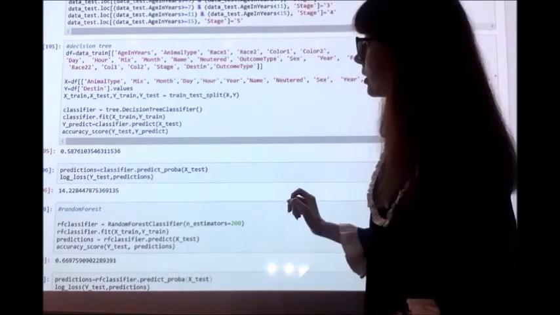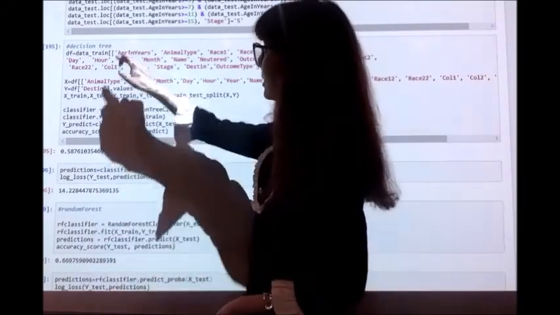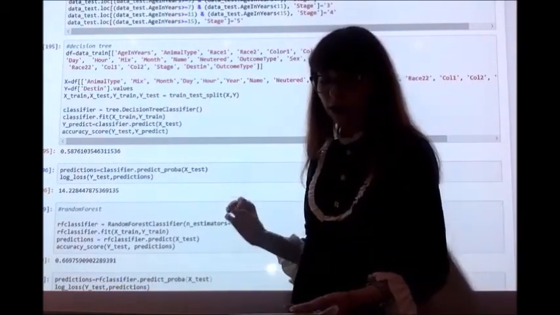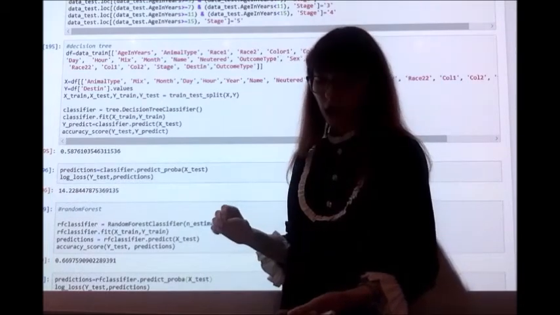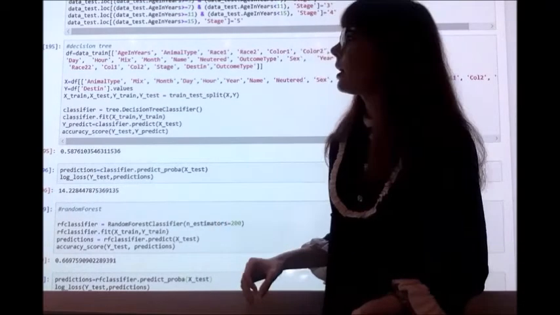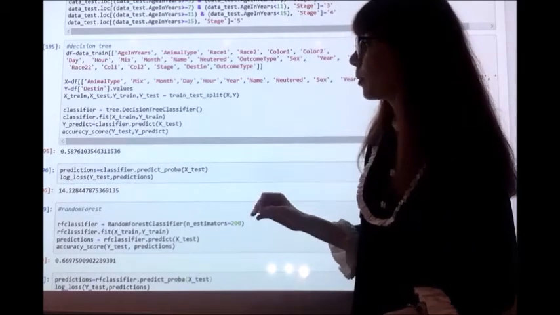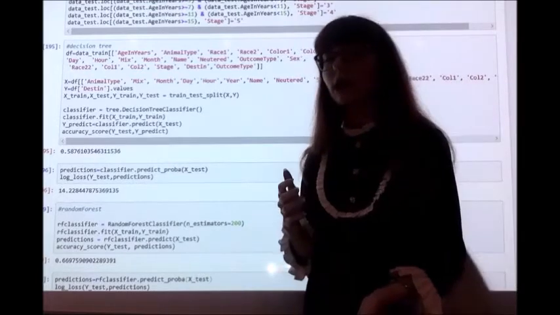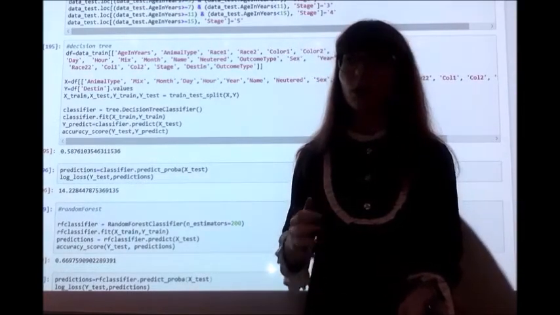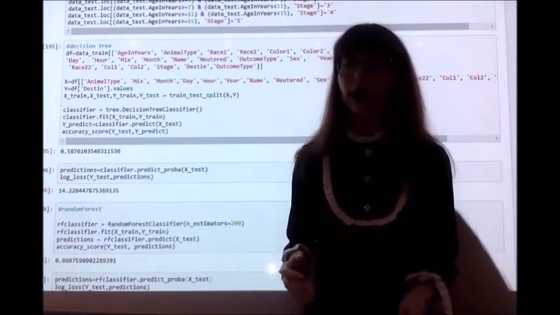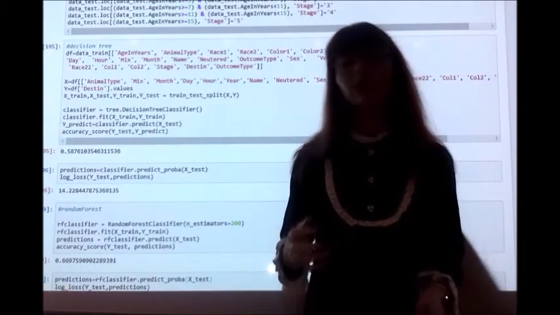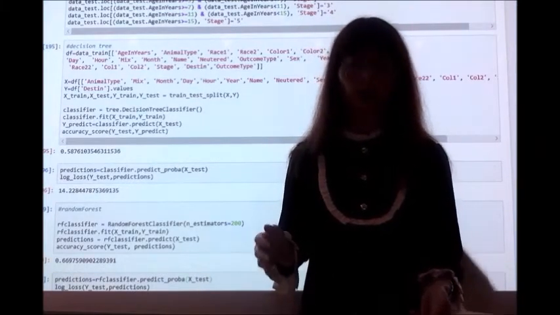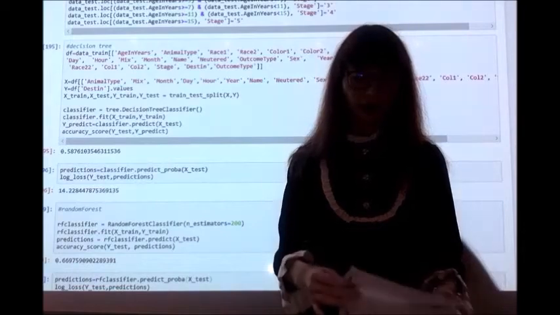So first we are going to use the decision tree method. The decision tree classifier is a classification method which can learn a set of rules from the training dataset, and then we use it to predict the probability of the different outcomes. We chose to try this method because it's one of the more well-known learning methods, it's one of the fastest, and one of the advantages is that if it's the method we choose in the end, it's going to make it easier to visualize the trained decision tree.